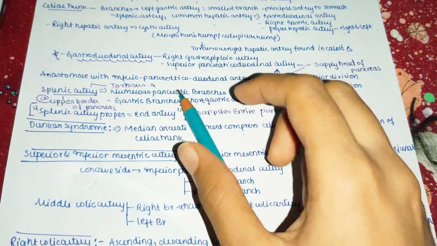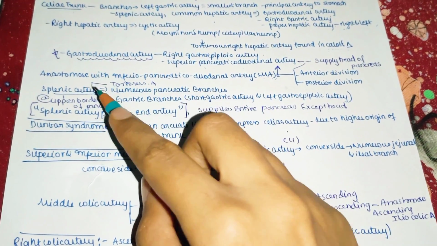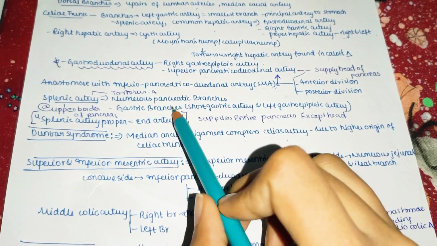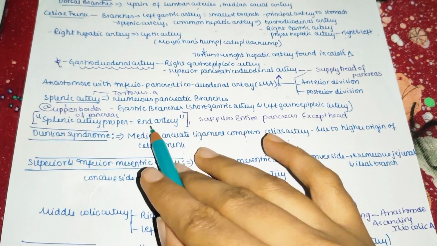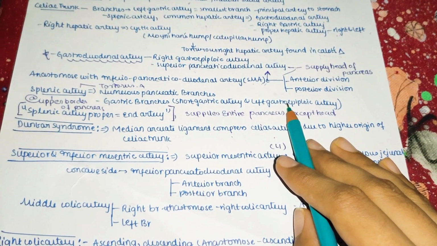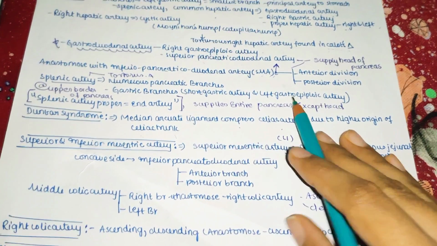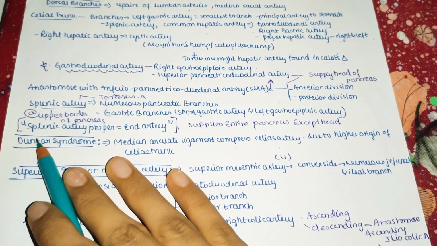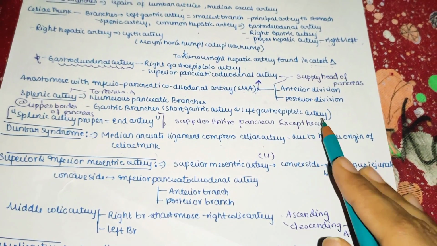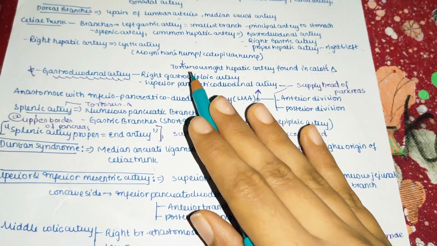So three organs are supplied by splenic artery. Okay, so the splenic artery gives numerous pancreatic branches. The gastric branches are the short gastric arteries and the left gastroepiploic artery. Okay, and remember that the splenic artery supplies the entire pancreas except the head, because the head is supplied by the inferior and